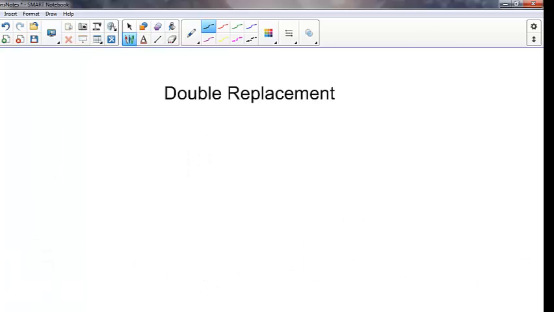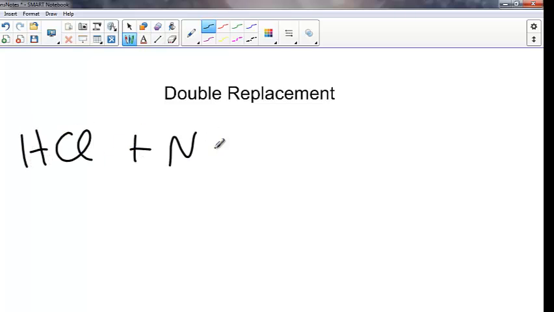Double replacement. Double replacement is just what it sounds like. You've got 2 compounds and they switch. The analogy here is you've got 2 couples dancing. They switch partners. They have to switch partners, though, in an appropriate way. That is, the metal has to go with the non-metal. You can't have 2 metals together. You can't have 2 non-metals together. So, this would be something along the lines of